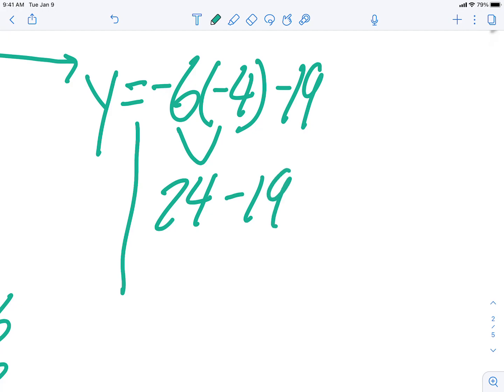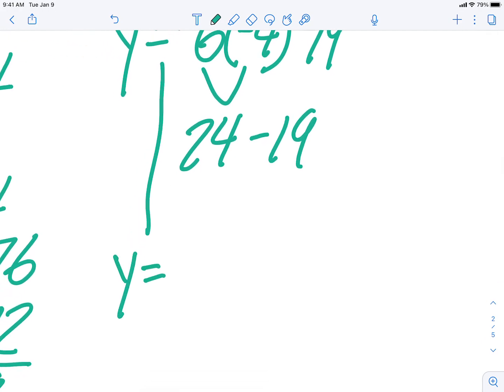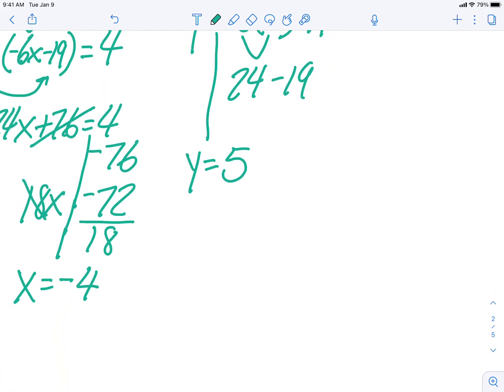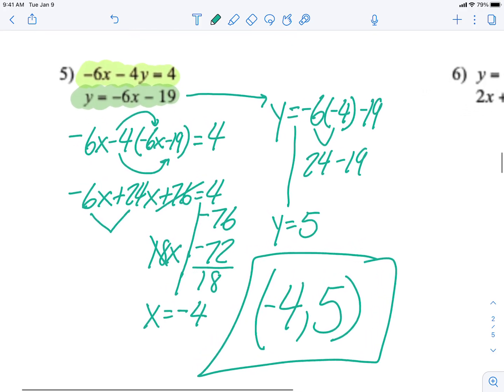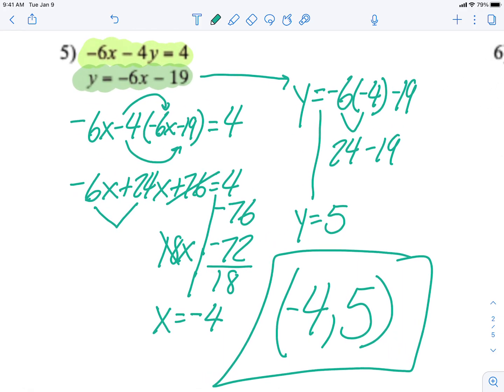Minus 19. 24 minus 19 is 5. So, my ordered pair is negative 4 is x, positive 5 is y, and there you go. Look at that. That's my number 5 right there. Right? Finally,